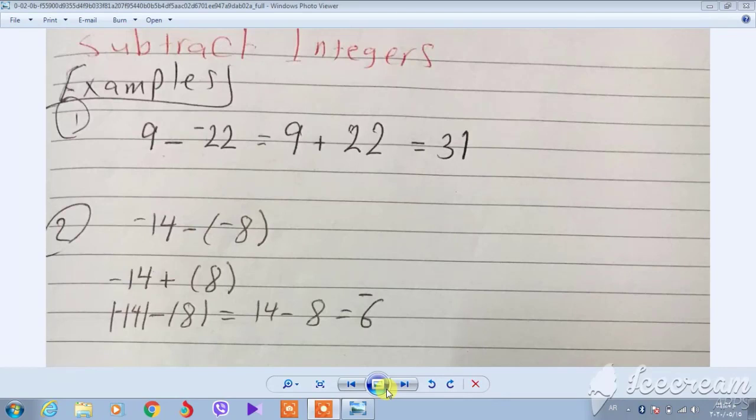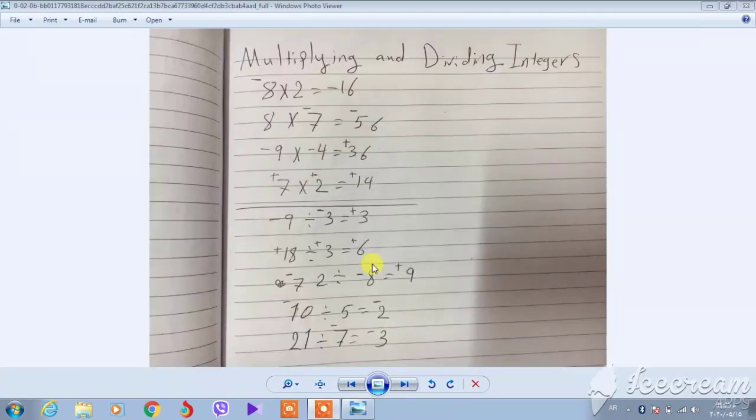Be cautious. And now, if we have multiplying and dividing in integers, what we do? We learned about addition and subtraction, and after that we have multiplying and dividing. Multiplying integers: negative 8 times 2 equals what? If we have unlike signs, we have negative in the answer. If we have like signs, we have positive in the answer. If both of them are negative or positive, the answer is also positive, student. If we have unlike signs, which one is greatest is not important, just that one of them is negative and one of them positive. What we do, we have negative in the answer.